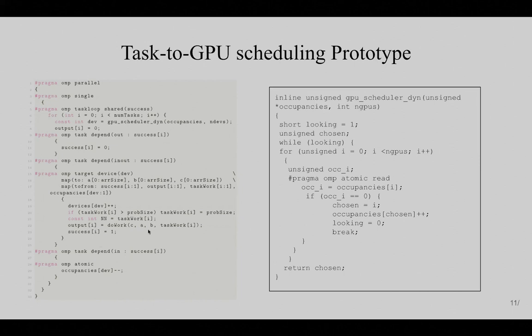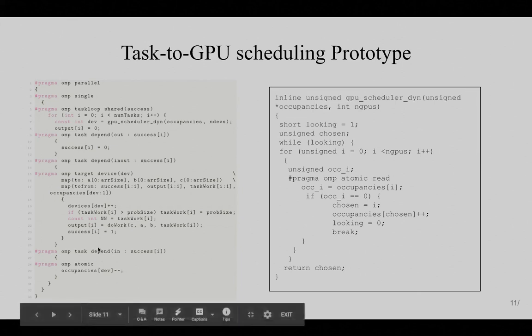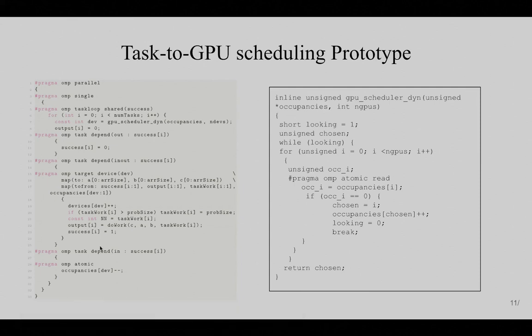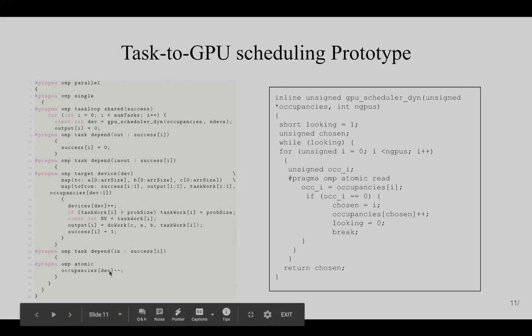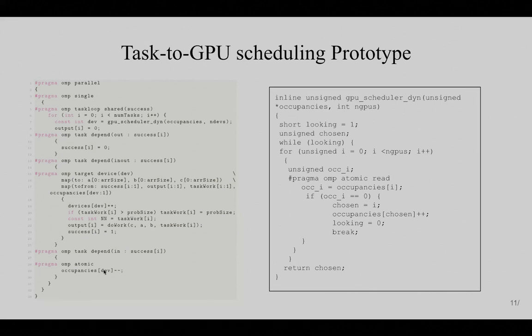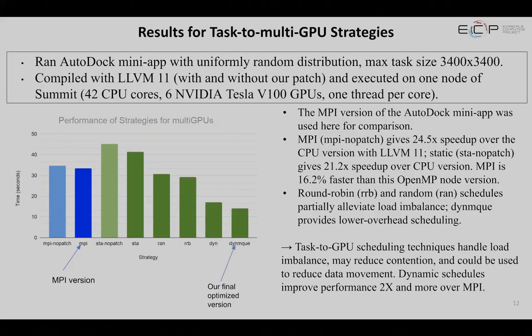Then this is the core computational work of the application. Once this computation is done, that thread, the CPU which is managing a thread, will set the occupancies array back down for that particular device, and that signals that, hey, this GPU is ready. With that strategy, we show this mini app experimented with different scheduling strategies, and we also compare it with an